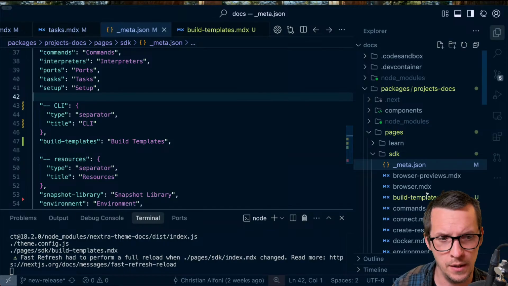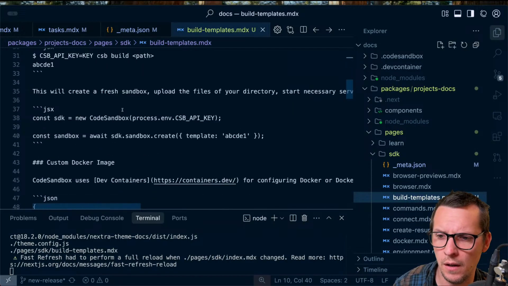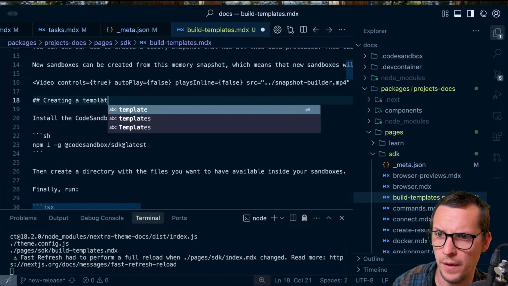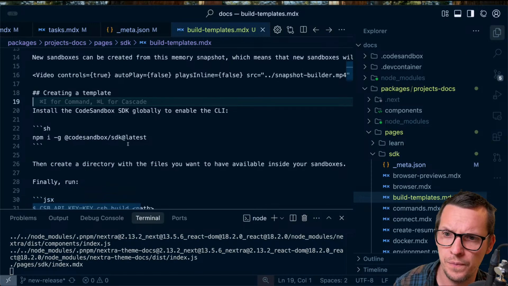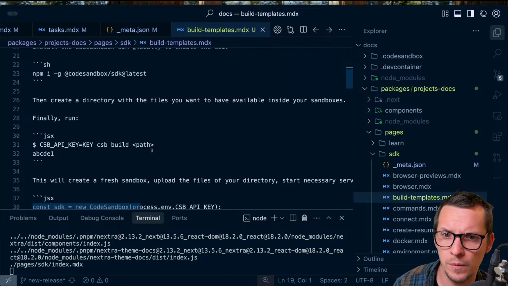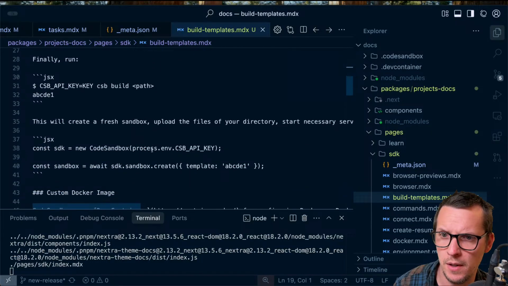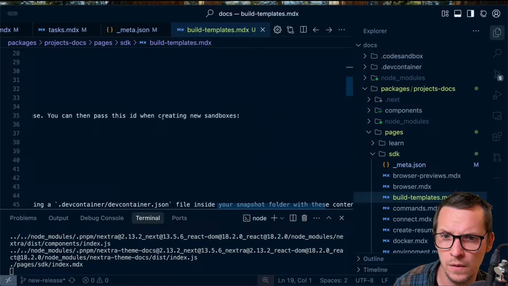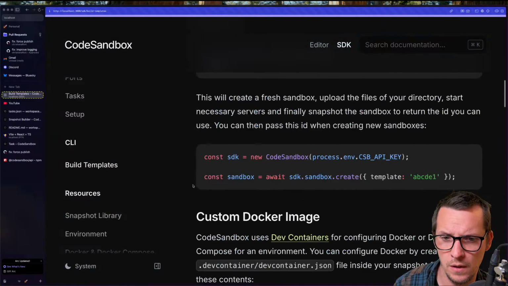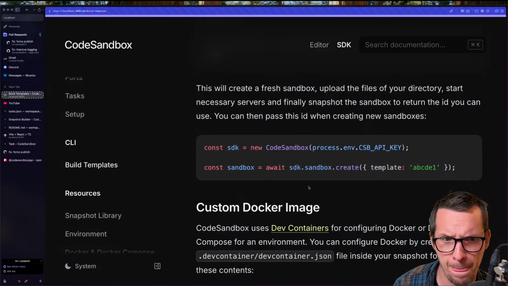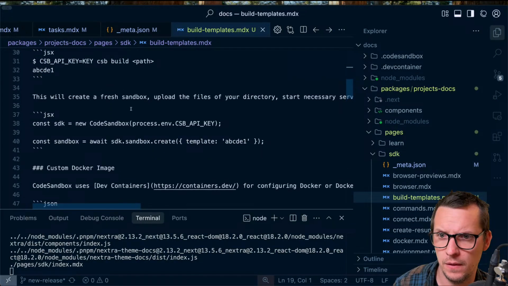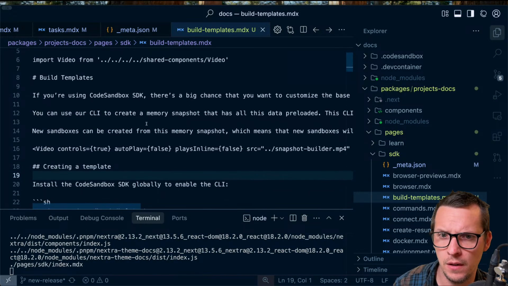Yeah, creating, okay, let's just look at it. Creating a template. Then with the files, and so on. Yeah, great. Yes, because that's the thing, right? Yeah, so the thing is, well,